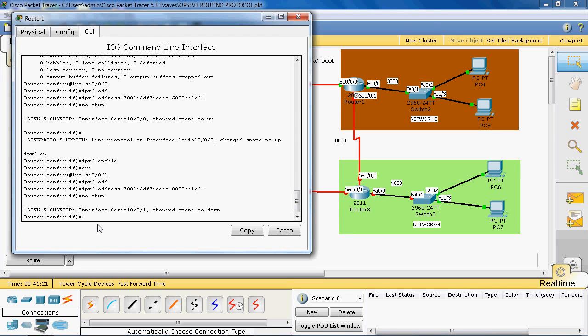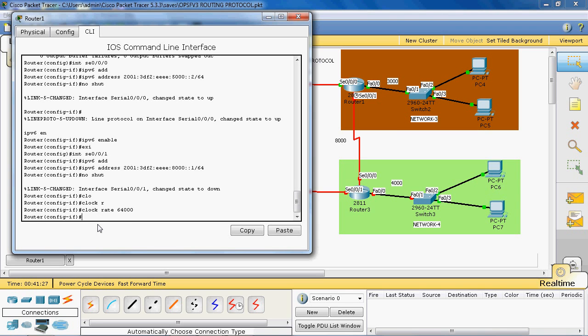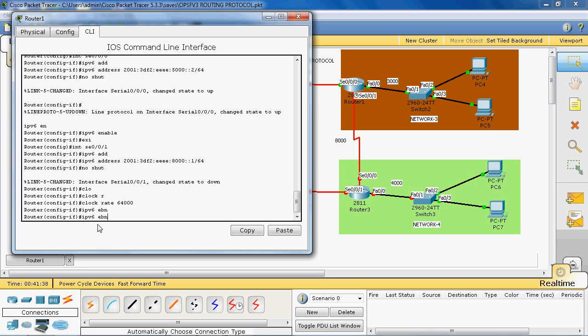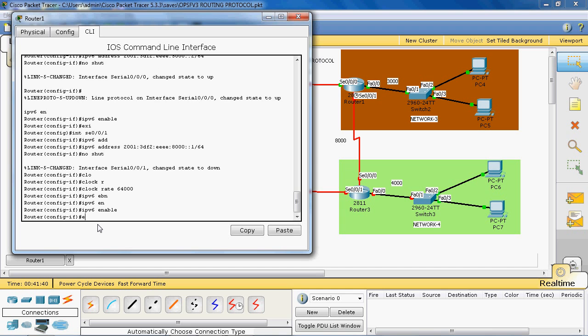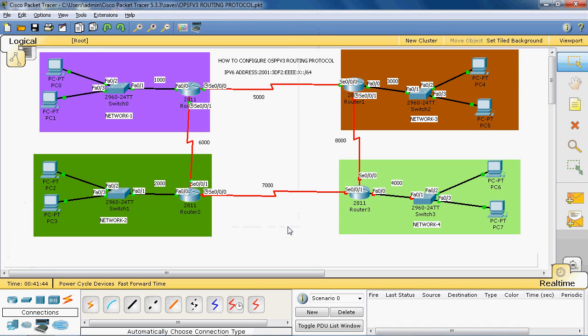So this is a DCN. So here we can apply the clock rate 64,000. Okay, so interface serial 0/0/1. On this interface also we can enable IP version 6. The syntax for enabling IP version 6 is ipv6 enable, exit. Okay, now we can apply the IP version 6 address to network